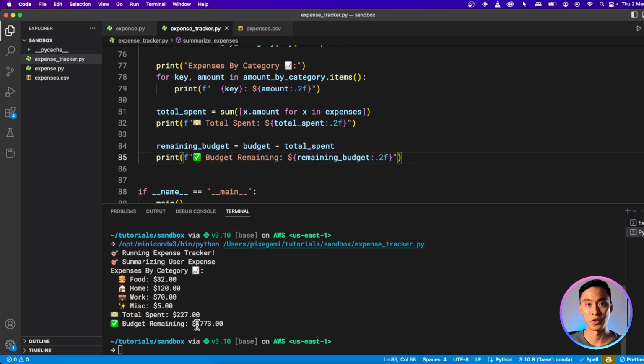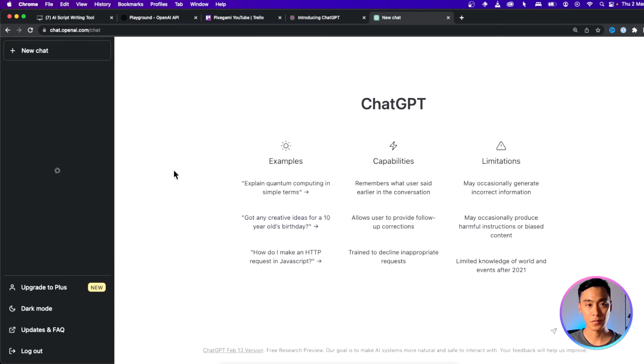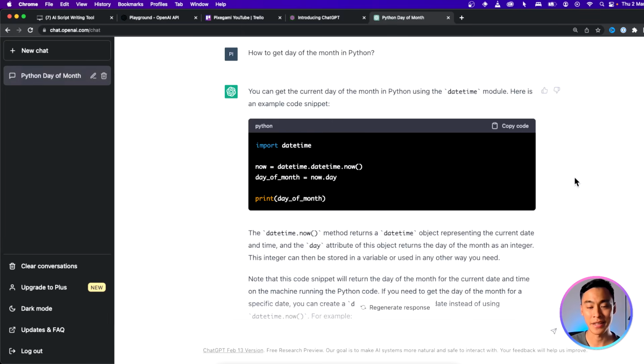So now that we have the total budget remaining, let's see if we can work out how much we have to spend each day. But this is going to use some knowledge that we don't yet have. We have to figure out from Python how many days there are left in the month. So here I'm going to ask ChatGPT how to get a day of the month in Python. After I asked ChatGPT that, it's shown me this code snippet, and it's provided some explanation on how to do it. So I can import this datetime module that's inbuilt into Python, and I could just do it in 2 lines of code.